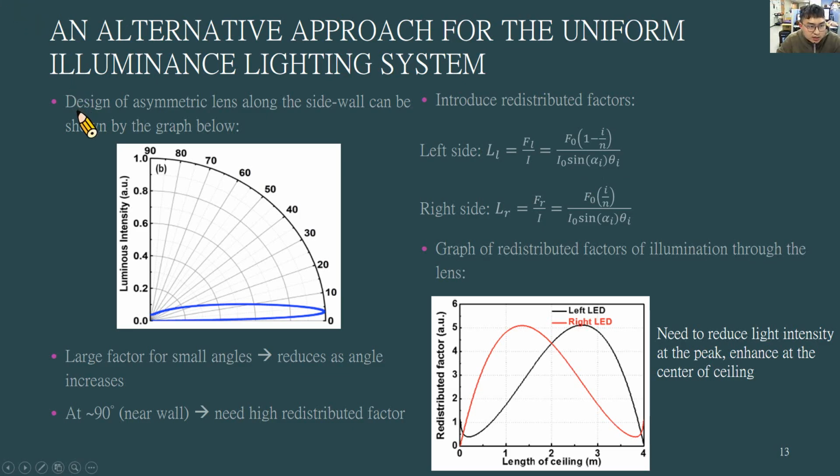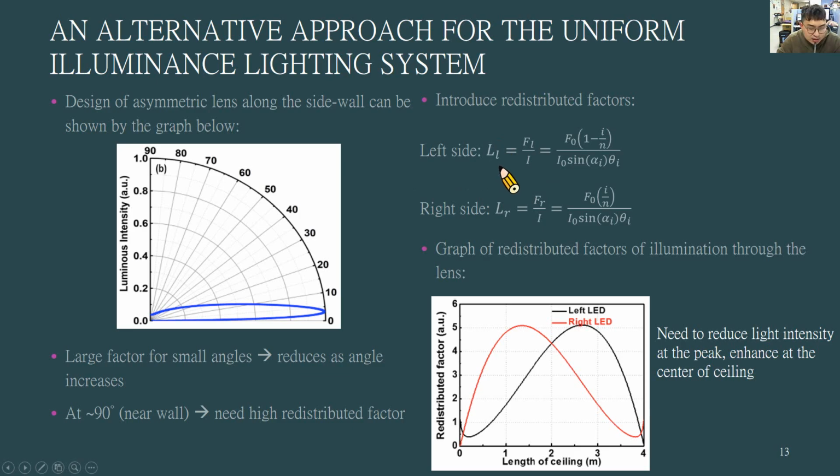And the design of asymmetric lens, not symmetric, asymmetric lens along the side wall can be shown by the graph below. So it goes from here. For small angles, it would have a large factor, and it will reduce as angle increases. So coming back here, at almost 90 degrees, so near the wall, we would need a very high redistributed factor, and we can introduce the